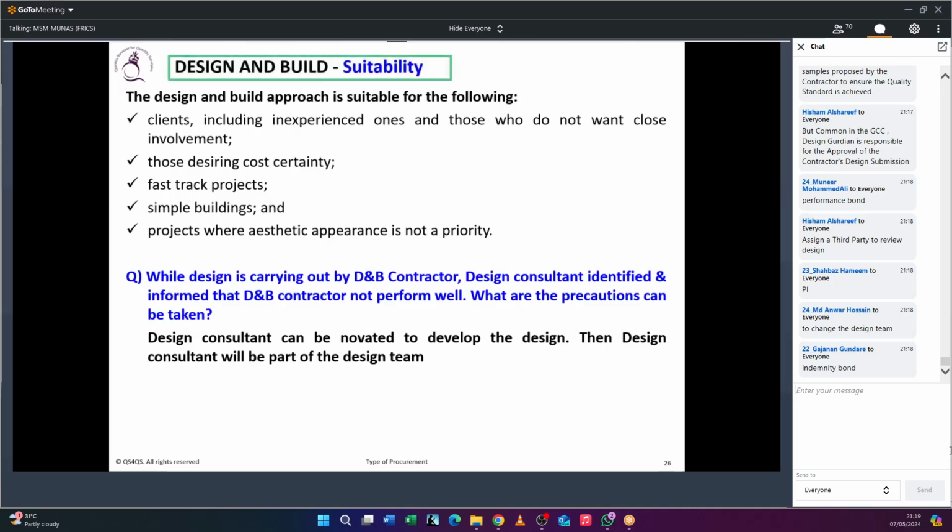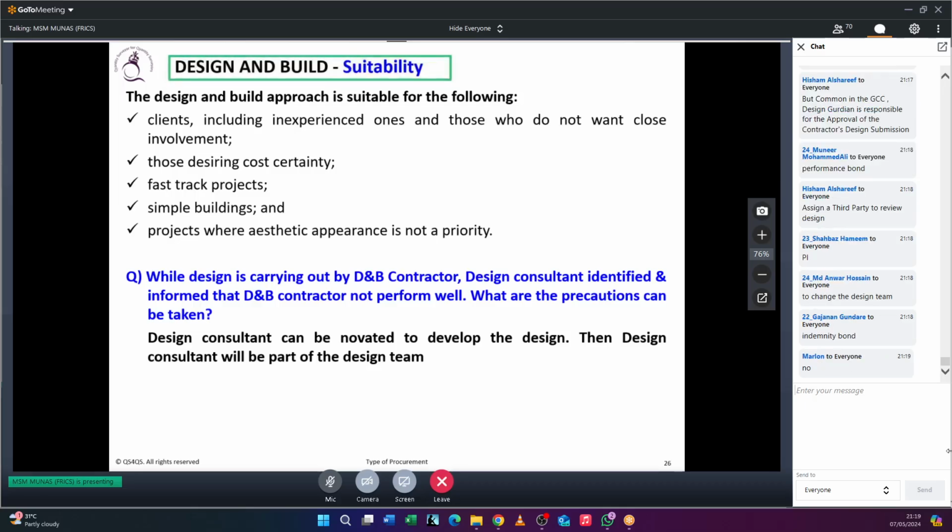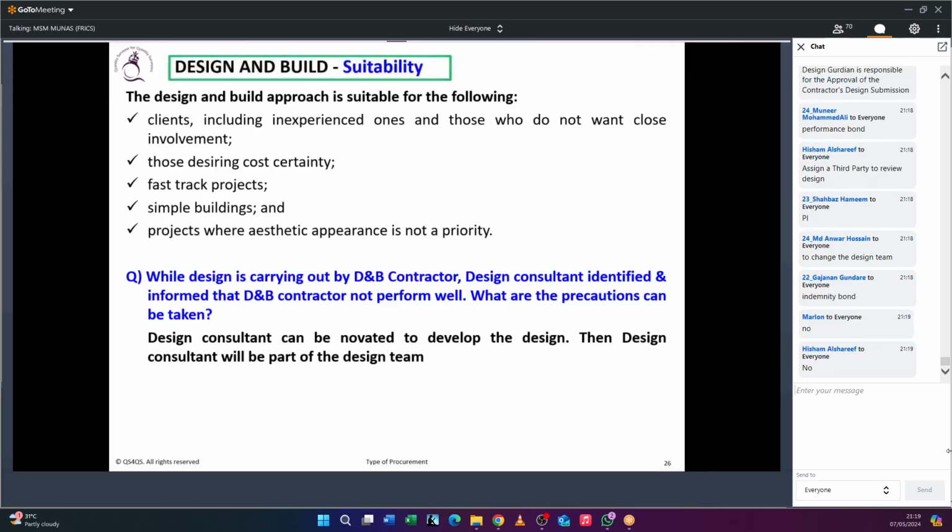Okay, so you have questions. Before we move to the next level, we will understand those questions. Now, two-stage tender and the design and build procurement. Is it the same? Definitely you are going to say no, because we studied it under tender and procurement. But what is the difference? Tell me if you really understand. What is the difference you see between the two stage and the design and build? Anyone?